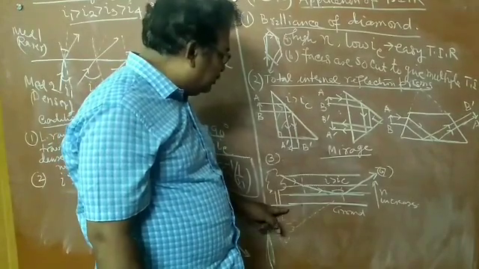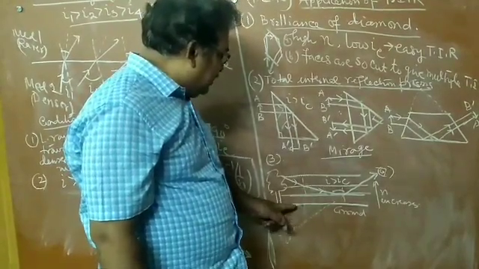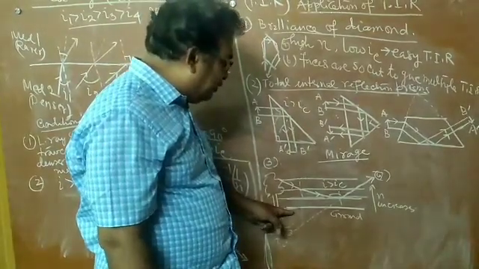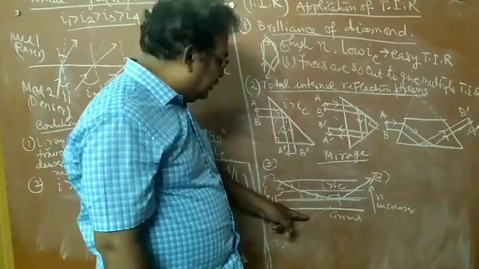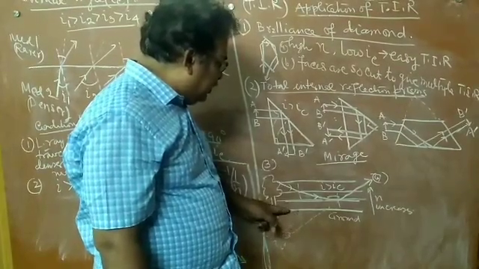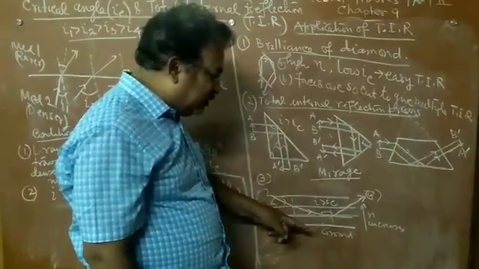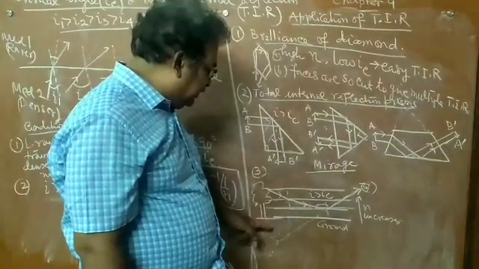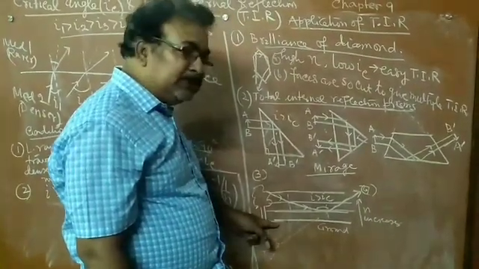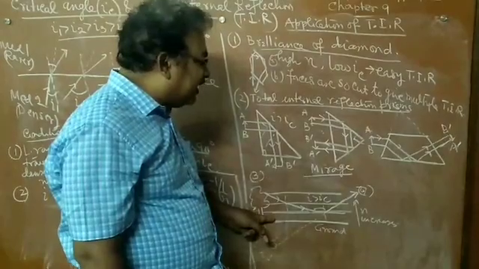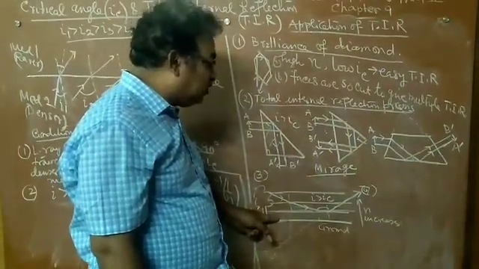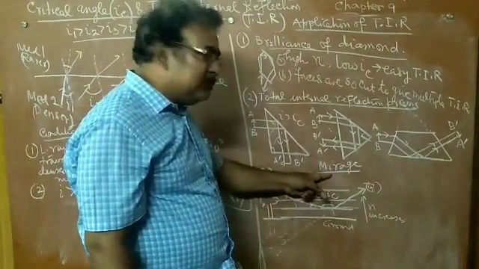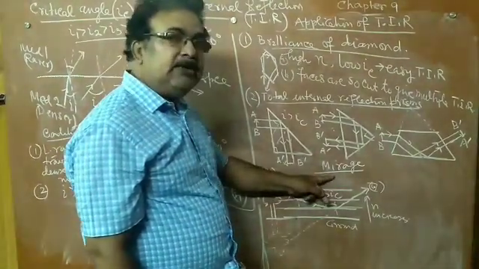So an inverted image of the tree or any object is formed. To the mind of the observer, he will think that there must be some water, because suppose there is a pond, and at the bank of the pond there is a tree, an inverted image of the tree is formed on the water. Since an inverted image is formed, it appears that there must be some water. So the traveler searches on and on in search of water, but it is an optical illusion. Mirage is an optical illusion created by total internal reflection.